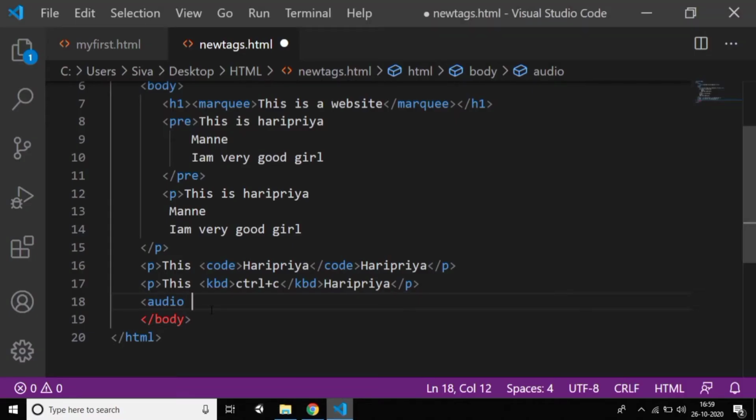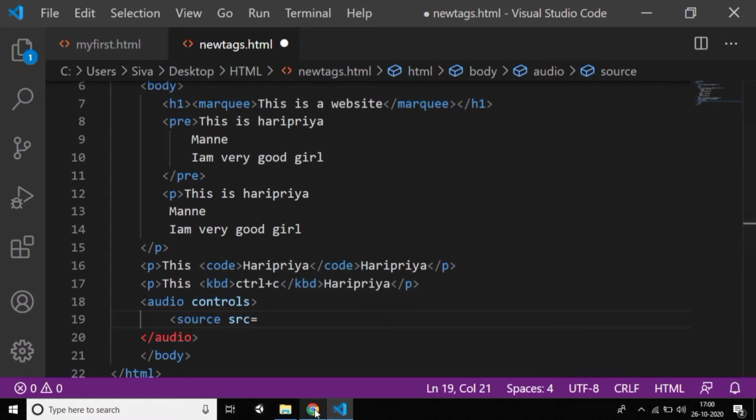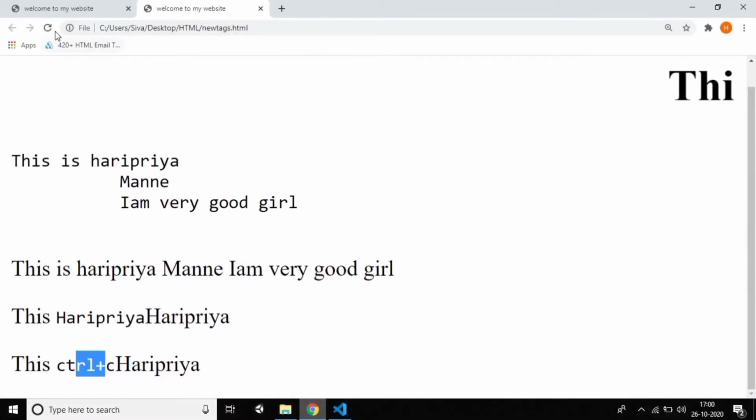Now I'm using audio with controls. We have an attribute called controls, because we are going to write it in that tag only. Then the source: src equal to the name of the file, which I already told you to remember, sound.mp3. Just give the name of the file with .mp3. And you need to give the type also. You need to specify the type of this. So we have another attribute, type, which is of course an audio type. Just close this tag, press Control S and reload it.